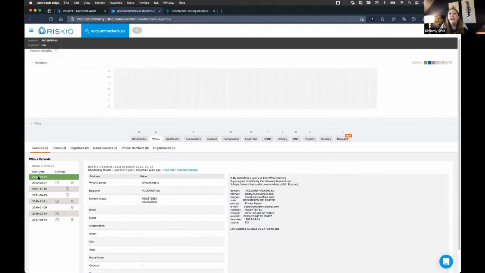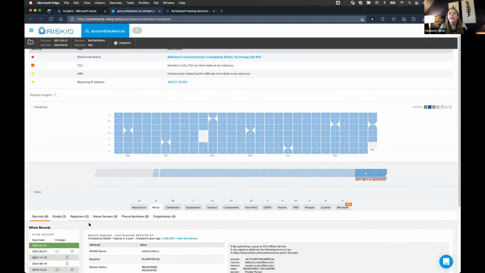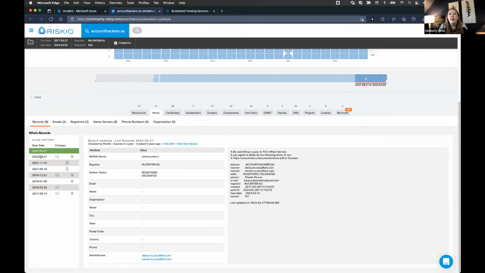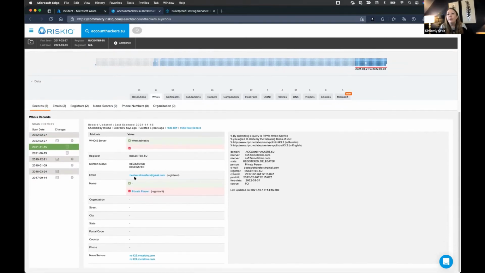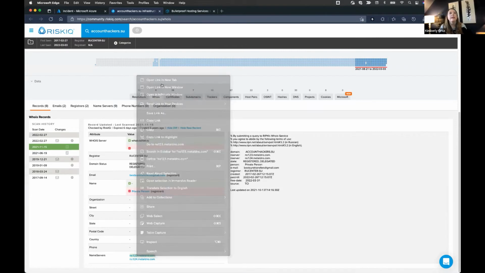And over here on the left is where you can look at older WHOIS records. I happen to know that at the end of last year, we have this record here where we're pointing to these two name servers that look familiar from the threat intelligence article. So what I want to do now is showcase pivoting and the infrastructure chaining that Benjamin was describing earlier. If I go ahead and open up this link,